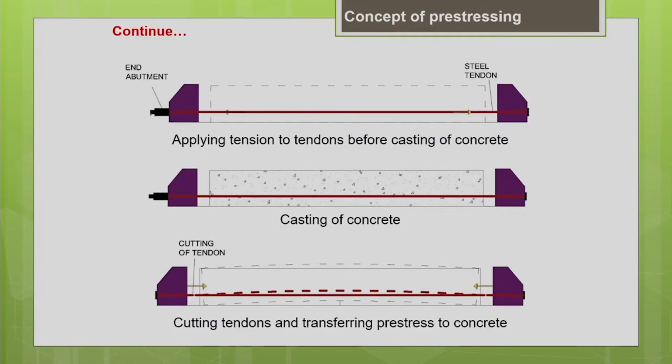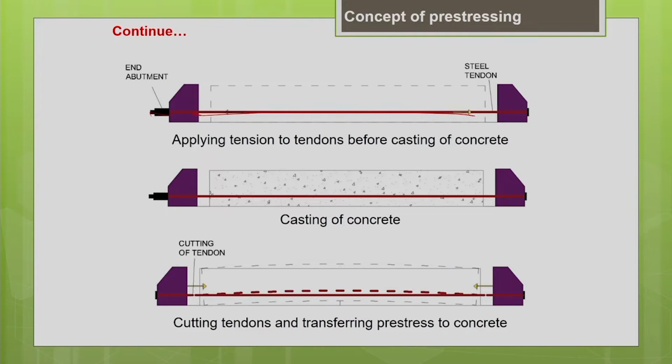So what we are doing here is applying tension to the tendons. You can see you are applying tension to the tendons with the help of a stressing jack. You stretch it. Now do the casting process. Now the concreting is done. Till the concrete attains the minimum desired strength, say 24 MPa, you are not supposed to release the stressing. Once the concrete attains its minimum desired strength of say 24 MPa, you can cut the tendons